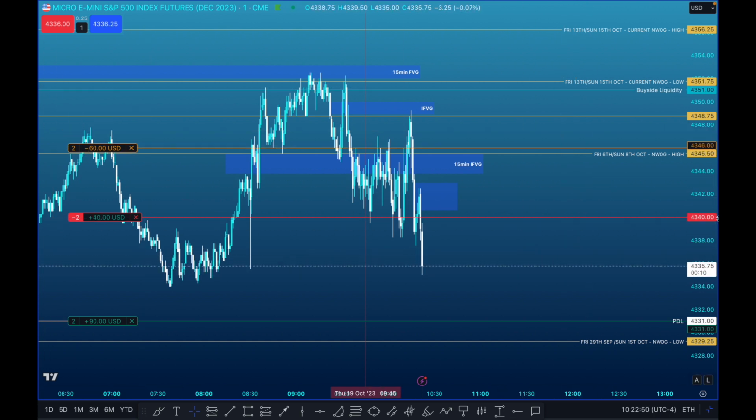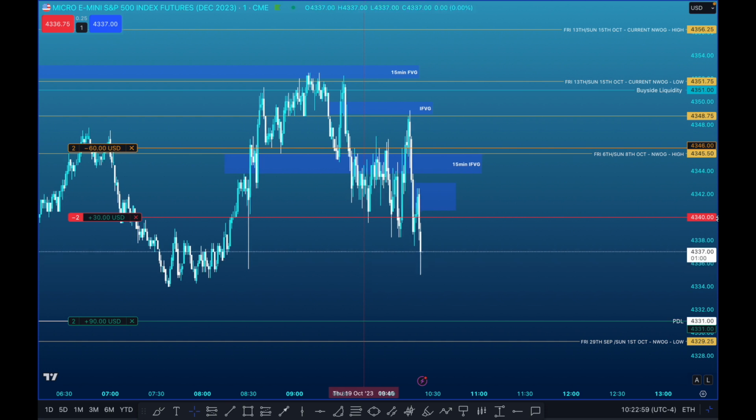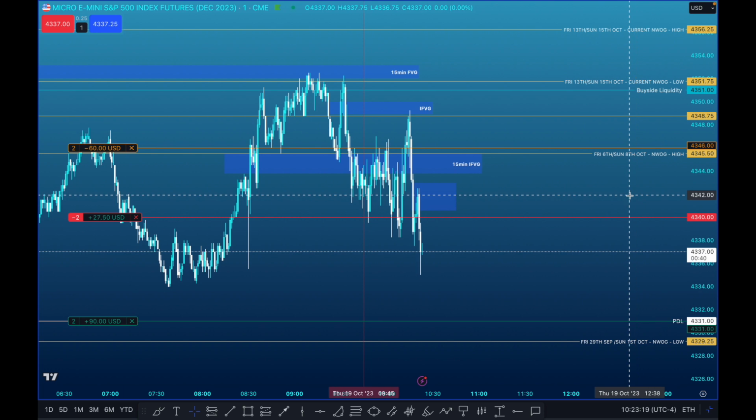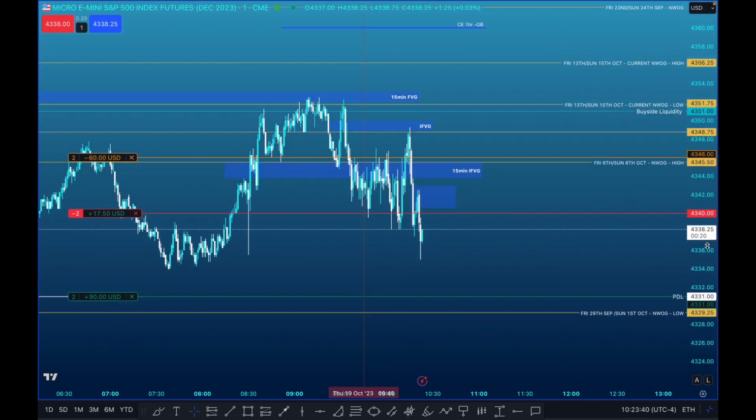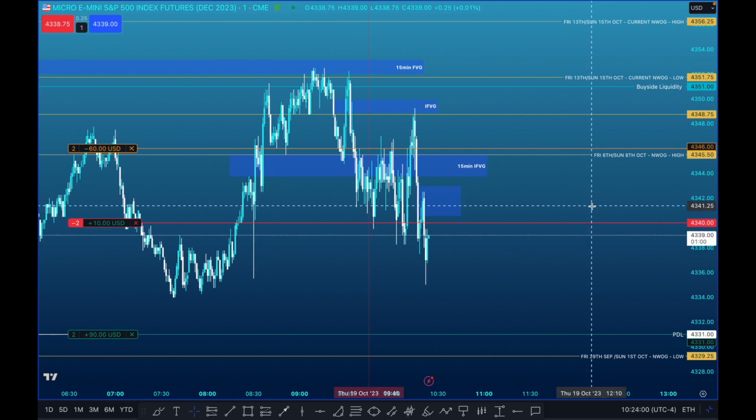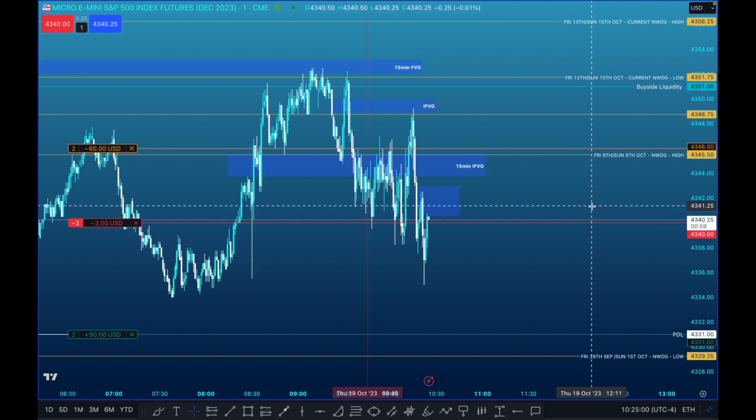Okay, so I got out early, saw we reacted from that inversion fair value gap. I saw us drop off, and in that order block inside of the fair value gap is where I sold short, and then I'm targeting the previous day's low. So we got that liquidity resting just below around 4334,